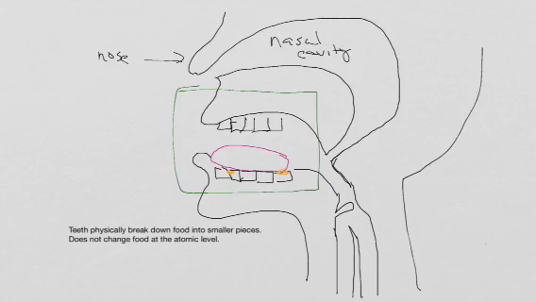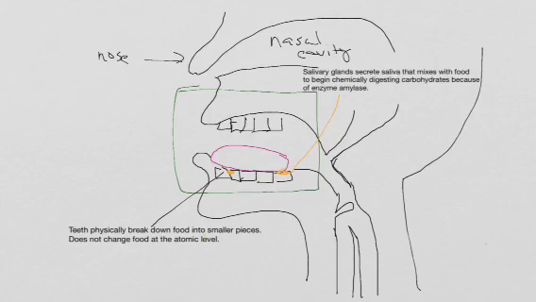Now, the role of saliva is to start chemically breaking down the food. The role of saliva is to start digesting carbohydrates. And it accomplishes that by an enzyme in the mouth called amylase. So as the saliva is mixing with the food and your teeth are grinding the food,